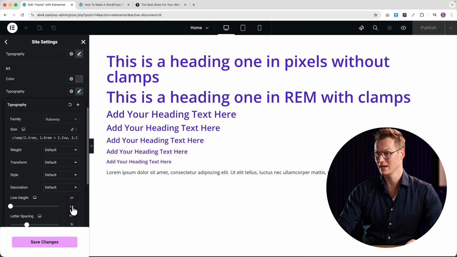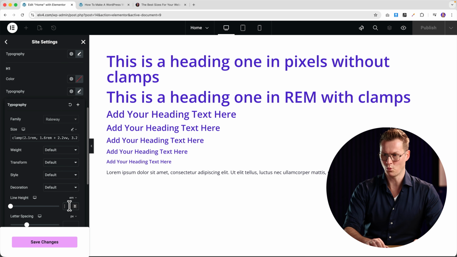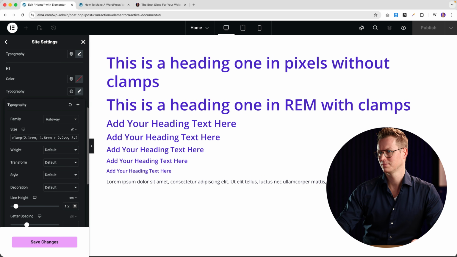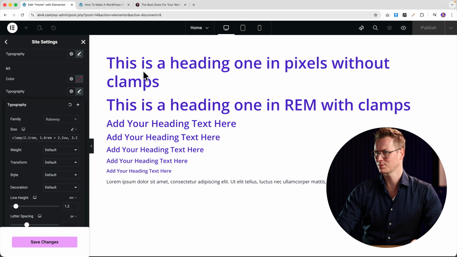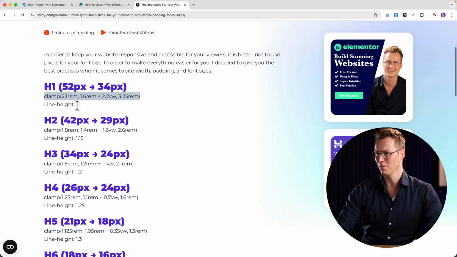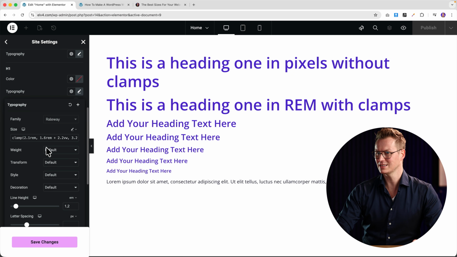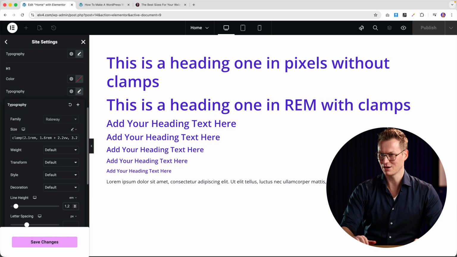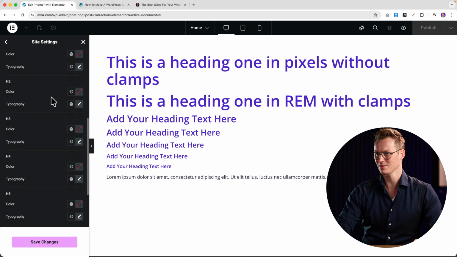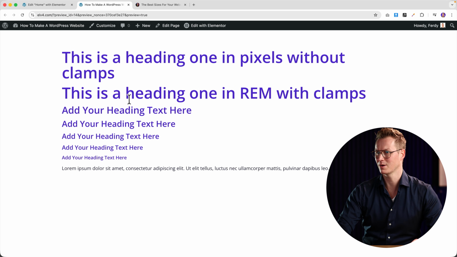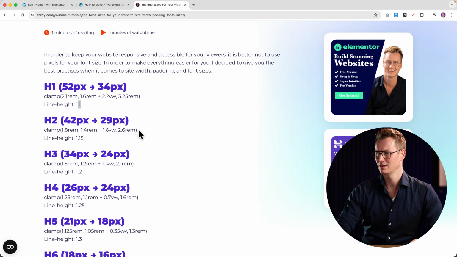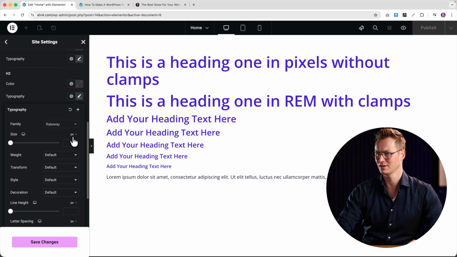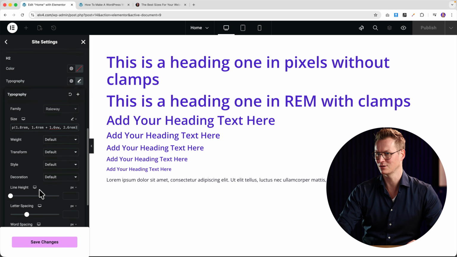Then I go to the line height. I change it to EM, and I say 1.2. So you see there's a bit more space. It's too much. I forgot it's not 1.2. It should be 1.1. So with these settings, you will save yourself a lot of time. So I go to H2, go to my website, and I copy this and see line height 1.15. So over here, I paste this, and then I go to line height,